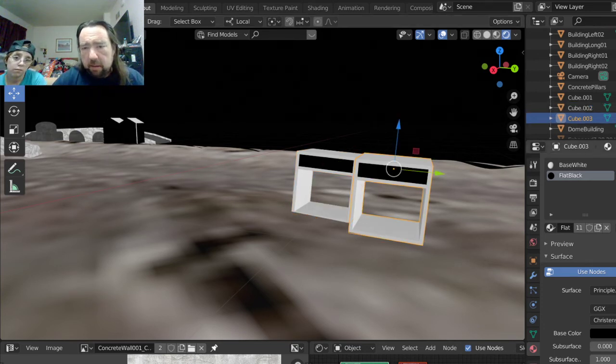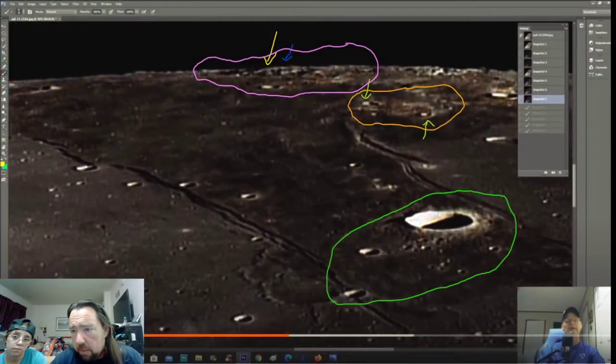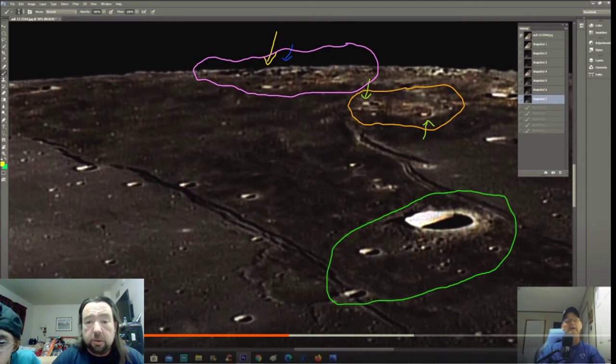I hate to keep going back and forth, but I don't want to make you dizzy, but inside that yellow circle, that green arrow to the left that's pointing downward is pointing to those. And there's actually two of them there, but the one is harder to see. And then the arrow that's pointing up inside of that yellow circle